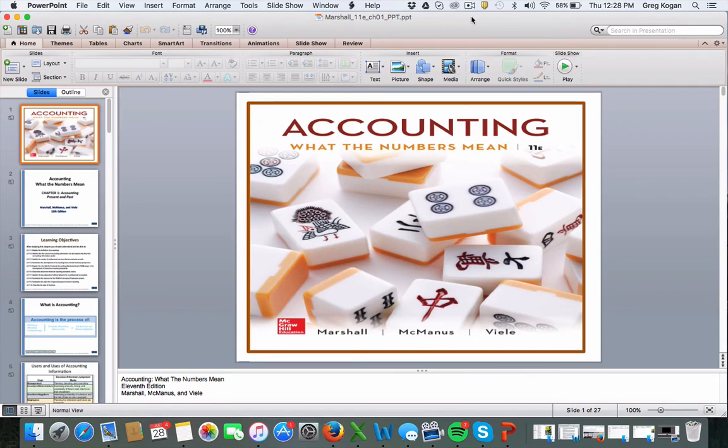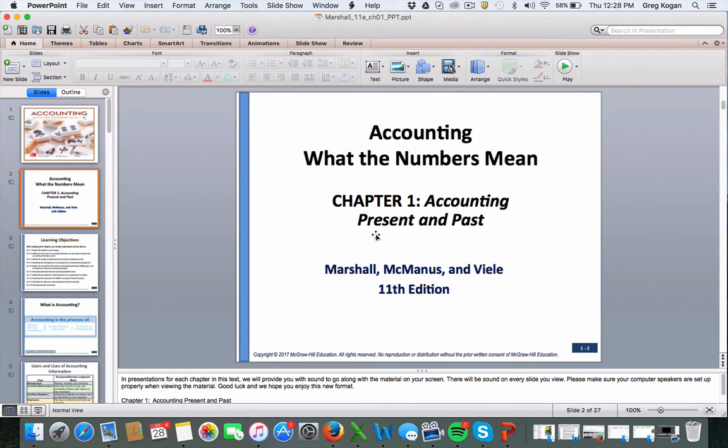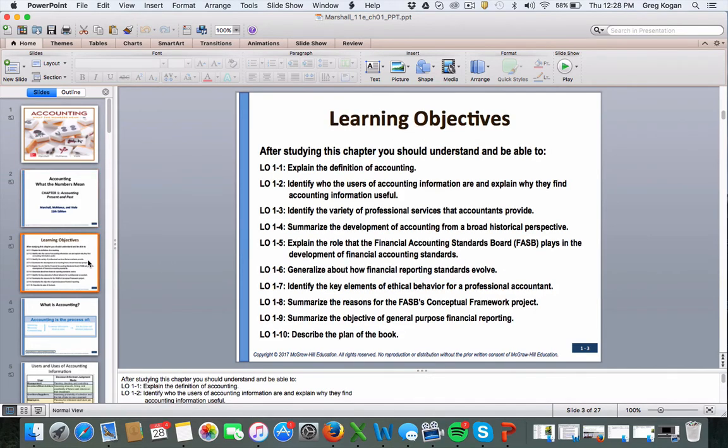This is the book that we'll be using, Accounting: What the Numbers Mean by Marshall. And the first thing we're going over today is essentially what is accounting, past and present, from a really top level perspective. How do we connect to what is accounting, what is the accounting equation, who uses this information, how does it help the business, who are the main players in this industry of accounting, and